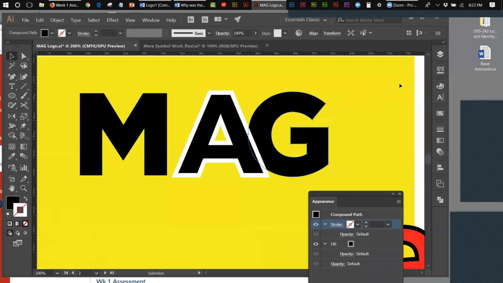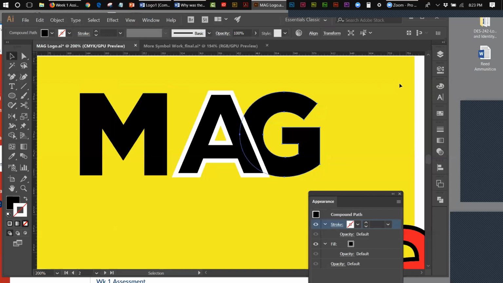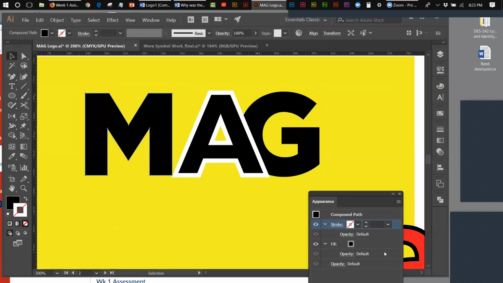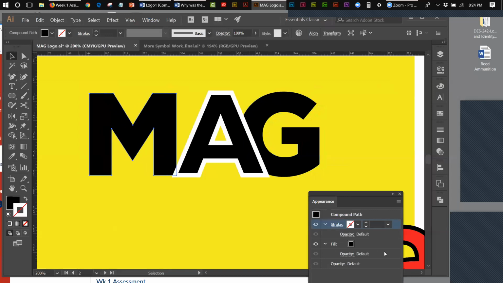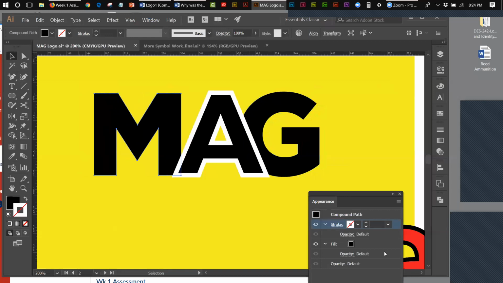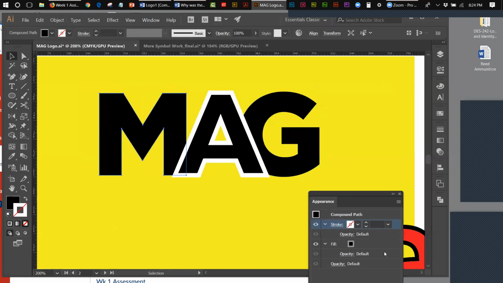Now I can move that G over until I get it to wherever I want it. I don't know where I want it yet. I think maybe I want it there. Do I want it there? Maybe. Let's see. Then I'm going to take the M, and I'm going to start moving the M over, and I'm going to get that M to where I want it. I don't know where I want it either. That's another one of these things I just don't know until I get it there. I think probably,